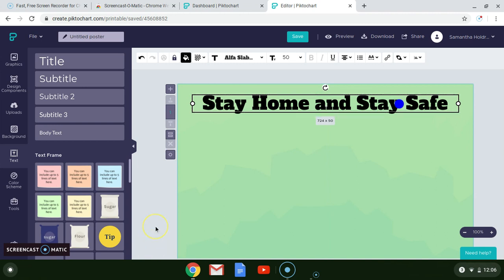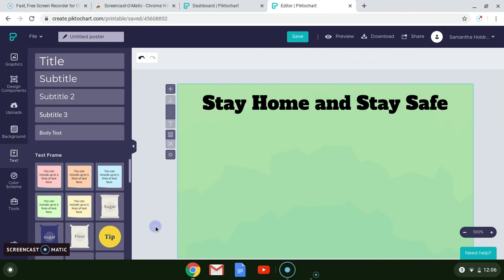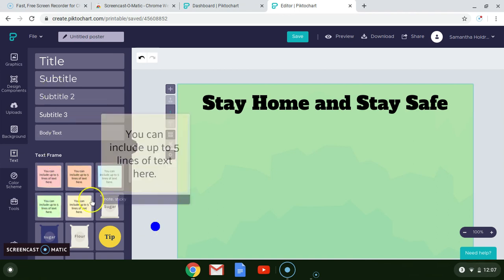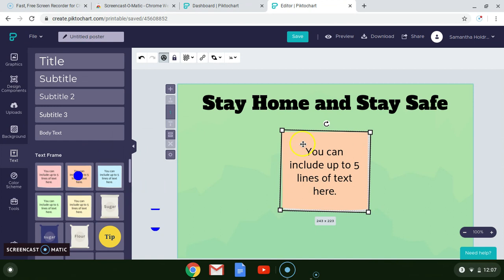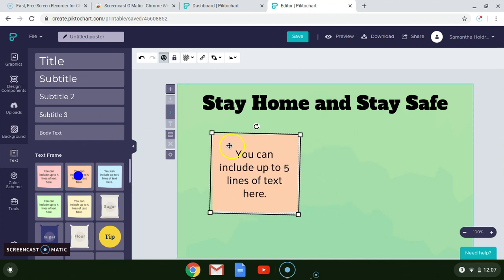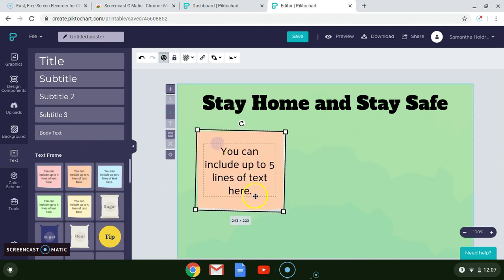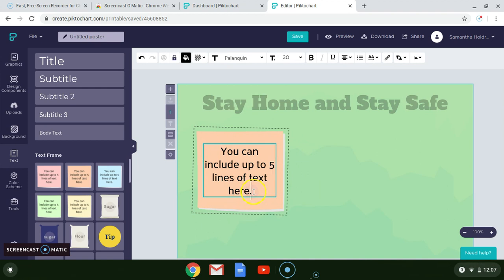All right, so stay home and stay safe. This is where I'm not going to add a lot of my own information because I want to see what you can do. But I'm going to show you how to add text boxes and stuff along those lines, graphics, pictures, whatever we want. So let's say I want to add some text with a cool background. Maybe I'll click this little square, and I can click the text box and type in here. So I'll say something like,